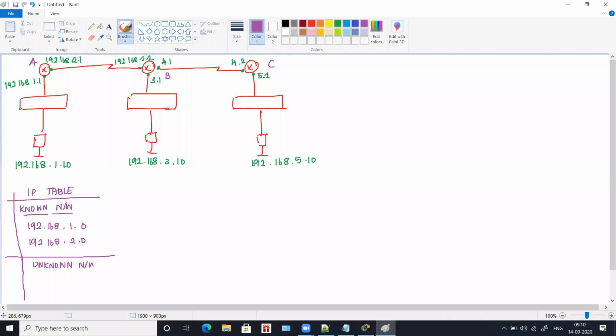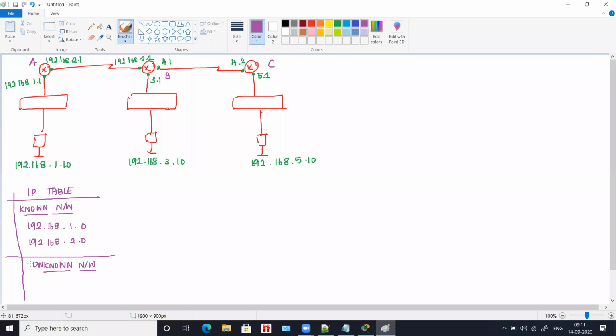This router is actually connected to other routers, which means the unknown networks will be: 2.0 we already have here as known network, so we leave that. Apart from that, we have 3.1, we have 4.1, and we have 5.1.